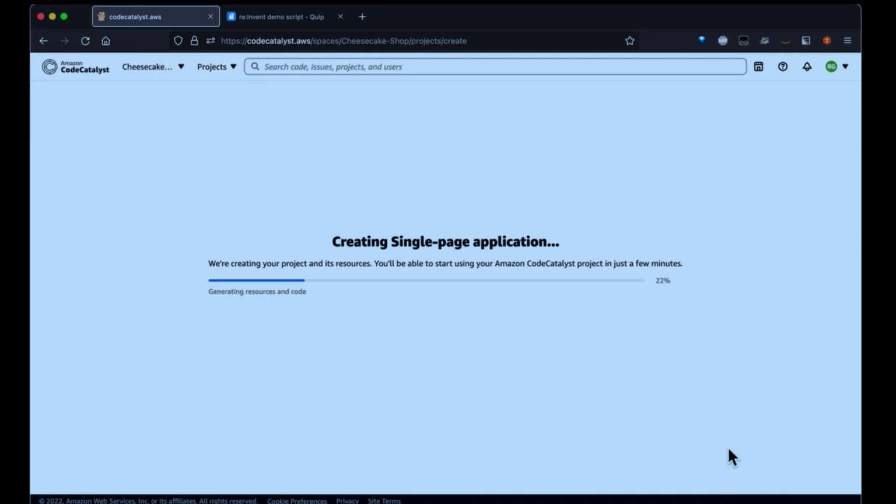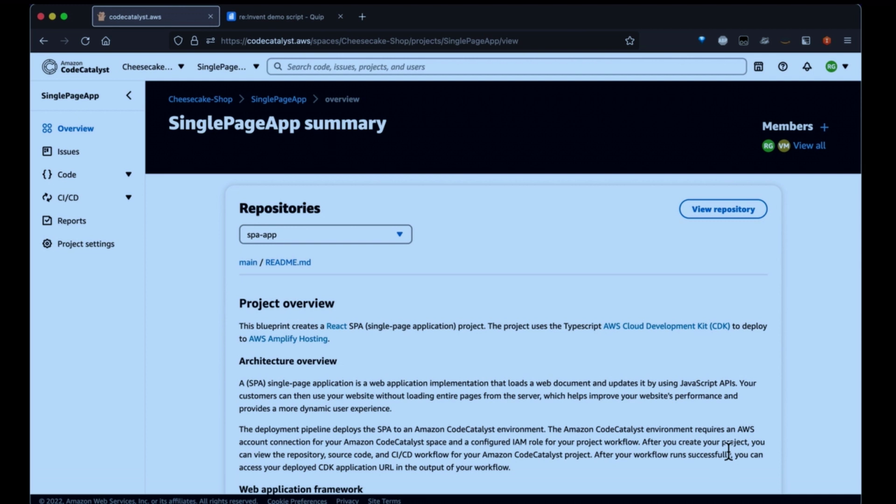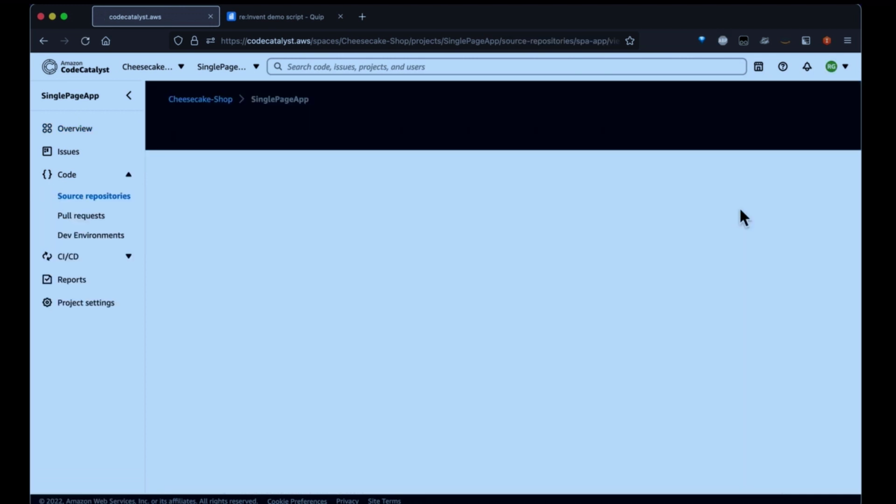It takes a few seconds for the application to be created. By the way, this is all actual. There's no time warp in here, so this is how long it actually took for me to create that project. OK, I see a repository has been created. I have a README file. I'm going to view the repository